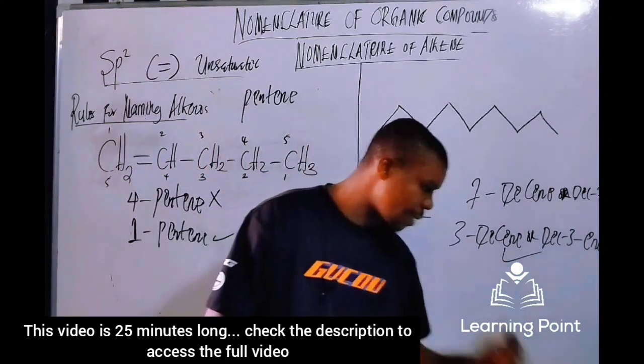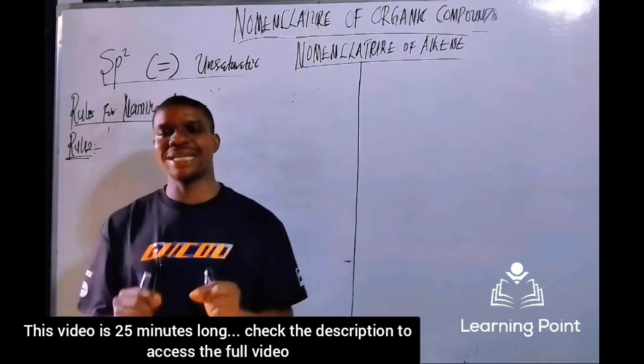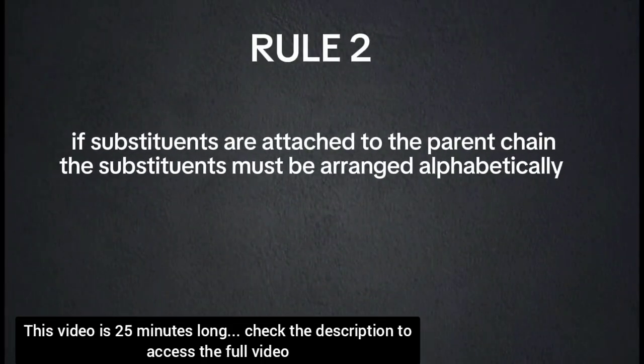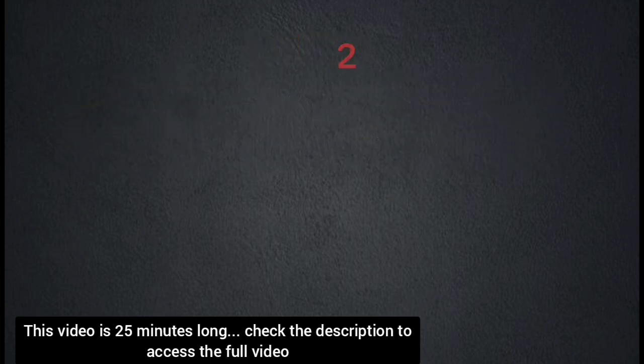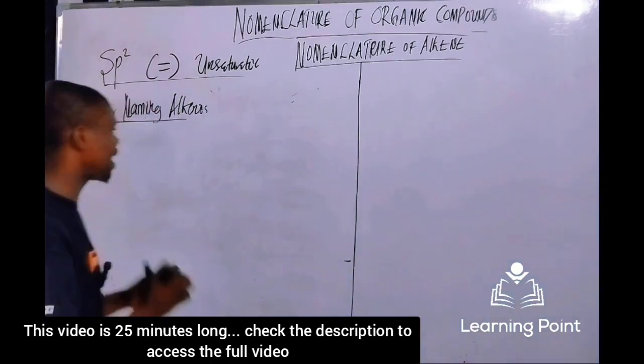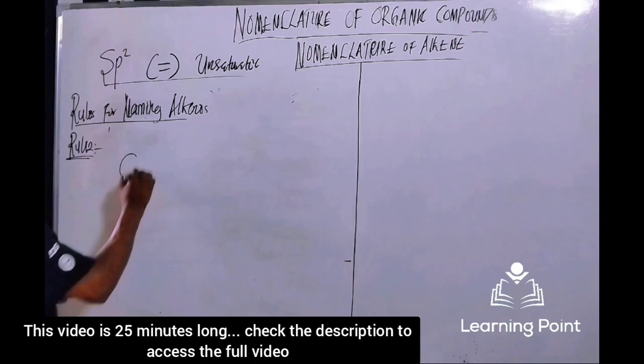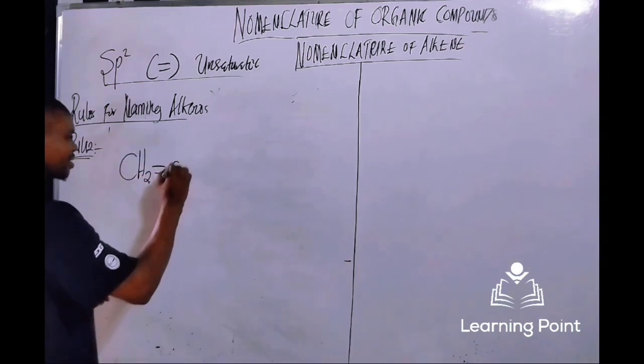So let's move to rule number 2. Rule number 2 states that if substituents are attached to the parent chain, the substituents are arranged in alphabetical order. So, for example, let's take this one here: CH2 double bond CH